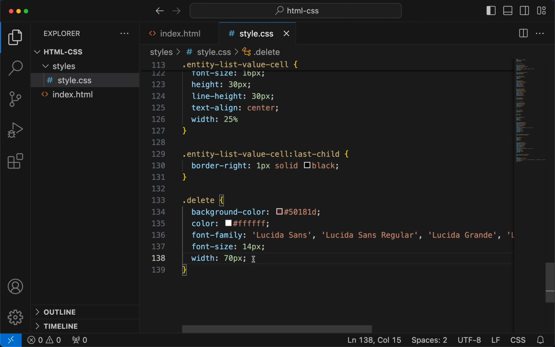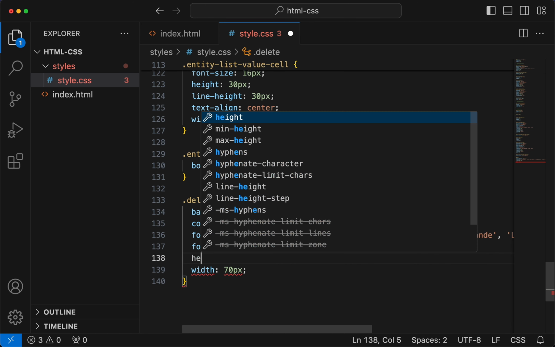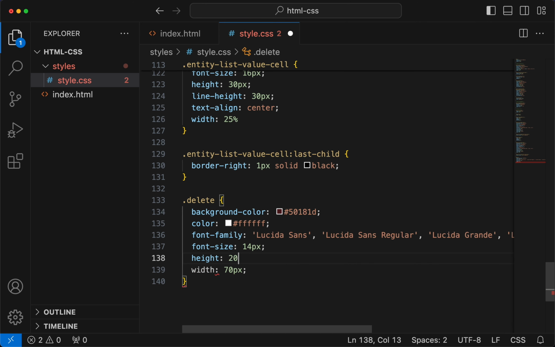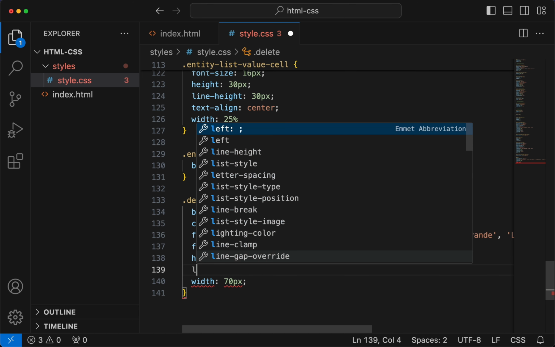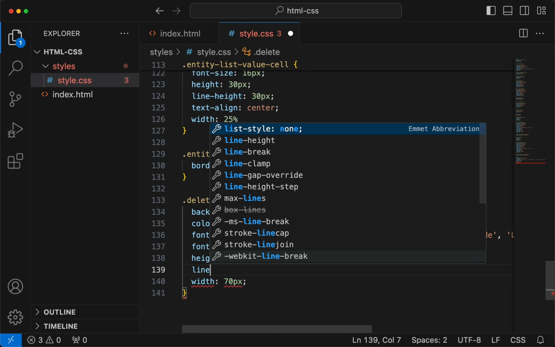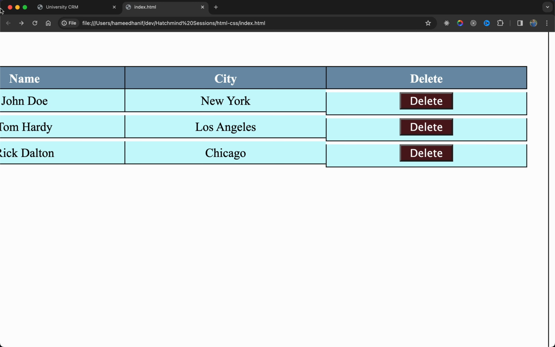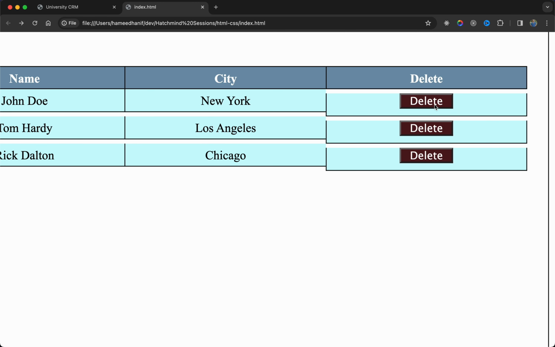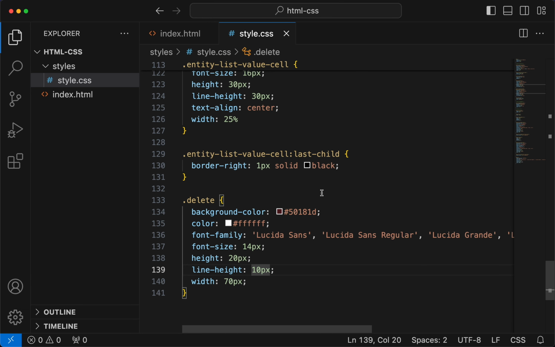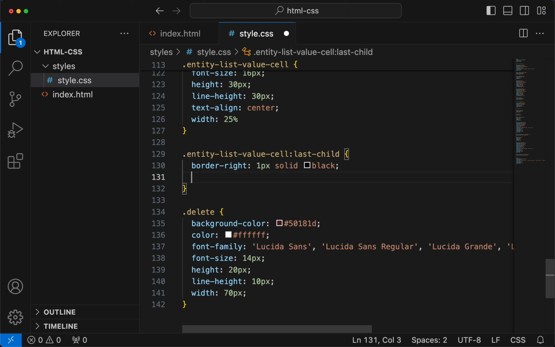Let me try to give a height for the button. Height can be 20 pixels. The line height can be 10 pixels. Okay, it is vertically aligned, but I think there is a problem here. So probably for the last child, which has the button too. I mean, we did it for the border, but I think we can try to